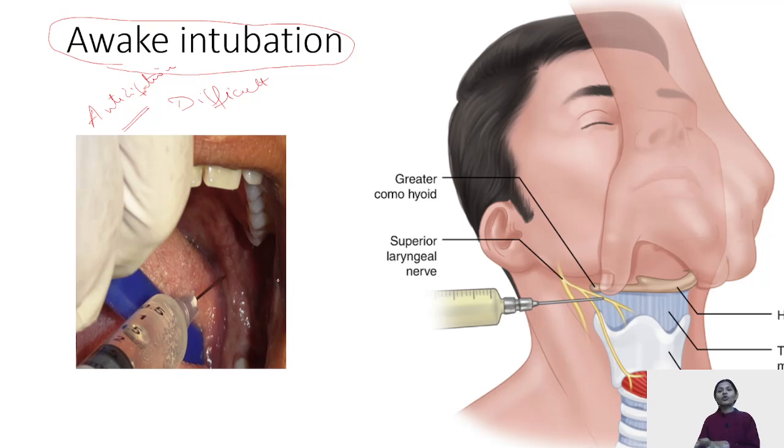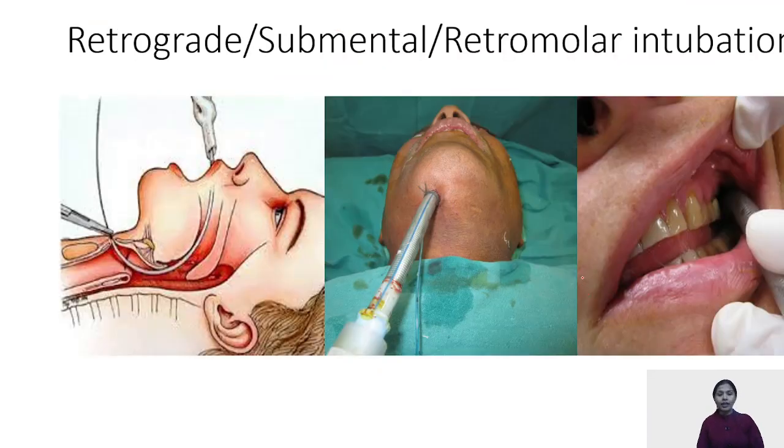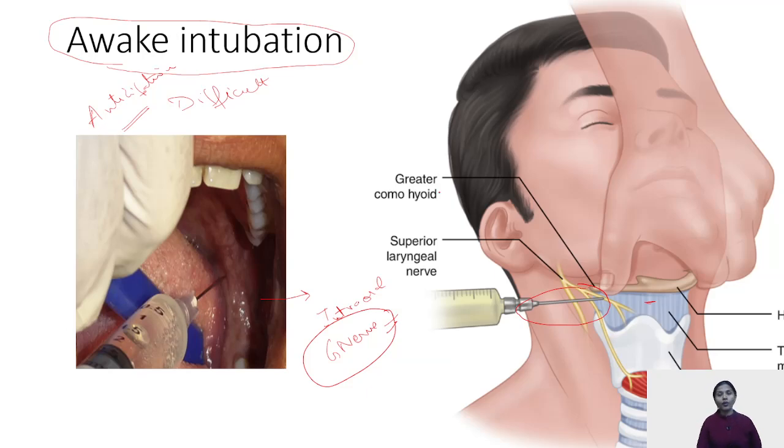So these pictures can be given which show you the application of the airway blocks, and then the question can be asked where these blocks are actually used. What is the clinical application of these blocks? The first block that you can see is blocking the intraoral glossopharyngeal nerve. The intraoral glossopharyngeal nerve is being blocked for awake fiber optic intubation. In the second, you can see the hyoid bone. This is the superior corner of the hyoid bone, and we are anesthetizing the superior laryngeal nerve here. What are we anesthetizing?